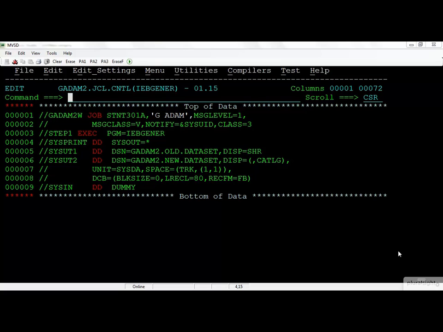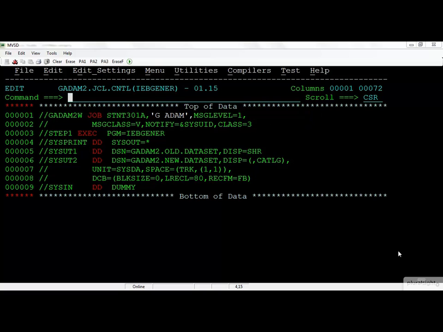The first keyword parameter that we have is the message level, in this case indicating message level equals 1. And again, we are dealing with installation defaults that have a message level of 1, 1. So specifying this is effectively going to be ignored because the 1 is already prevalent in terms of the statements, and so we will derive the default value of 1 for the messages. So having this value coded is actually redundant from the system defaults. You can see the comma coded at the end of it, indicating that we are continuing our parameters on to